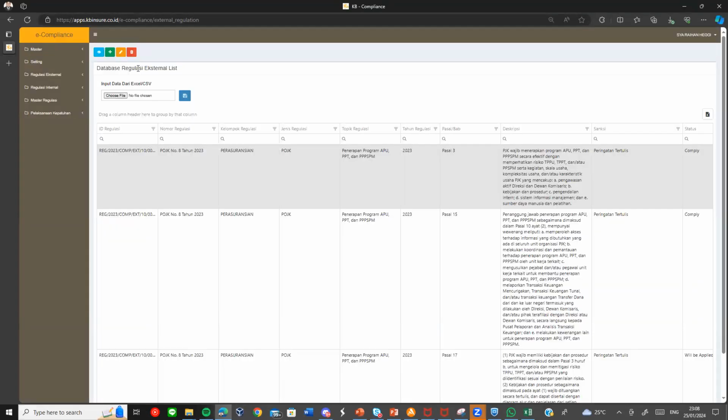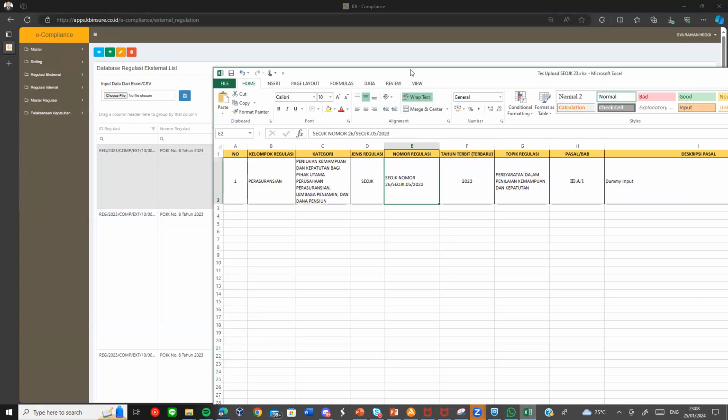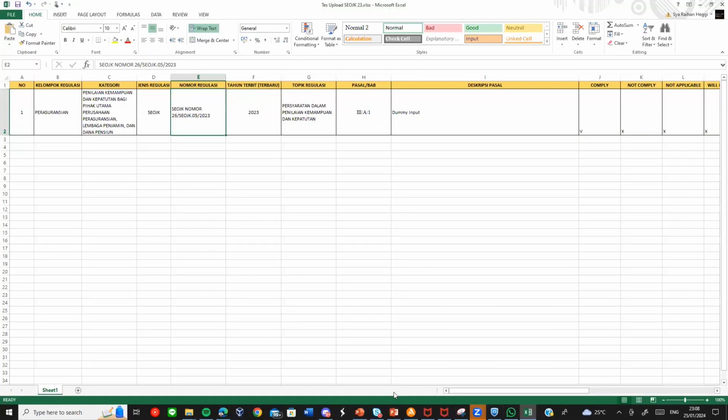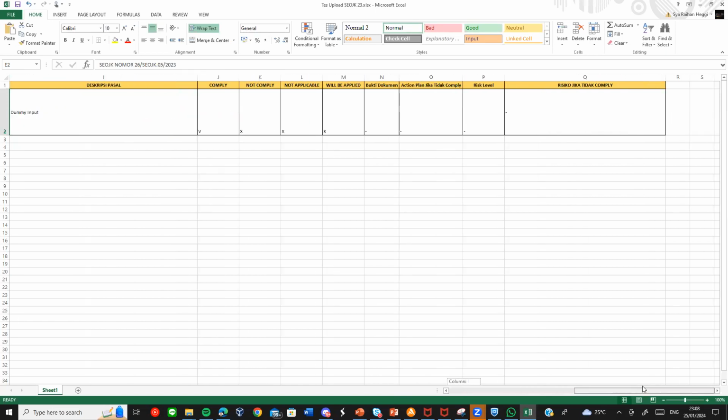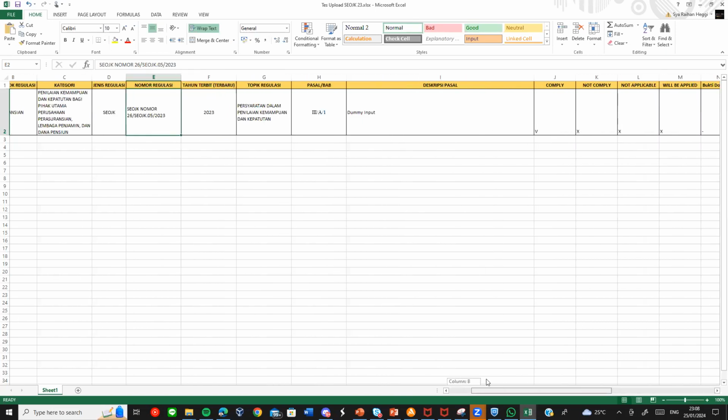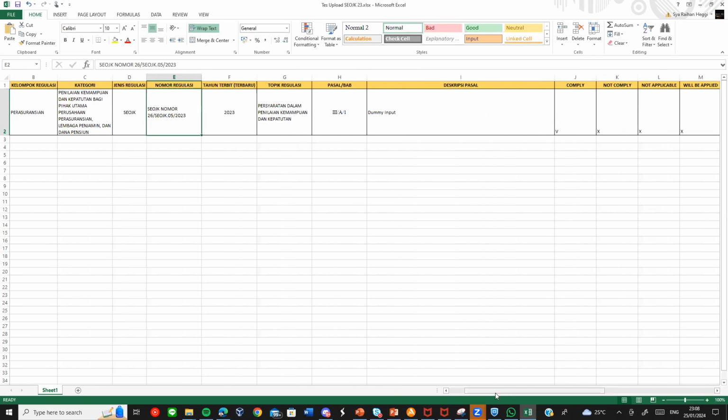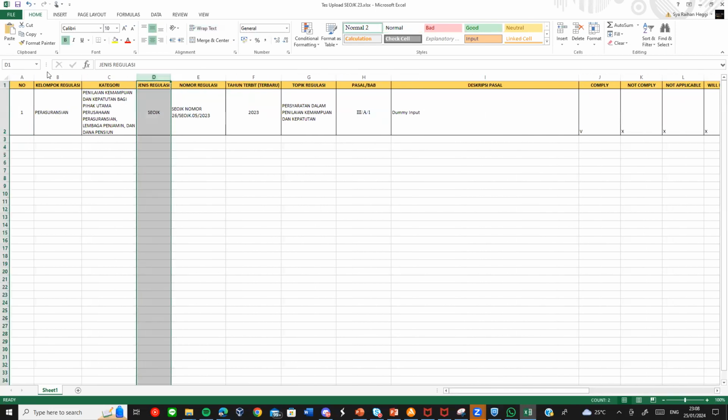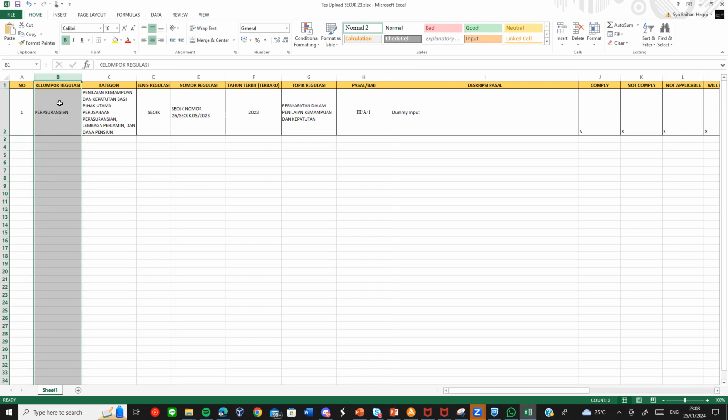And the next one, how to input data using the bulk method. For the bulk method, we just need the Excel first. For the Excel, we need to create it based on the existing master database and make sure the type section and the risk section are already registered with the system, as in the first step I described to you all.